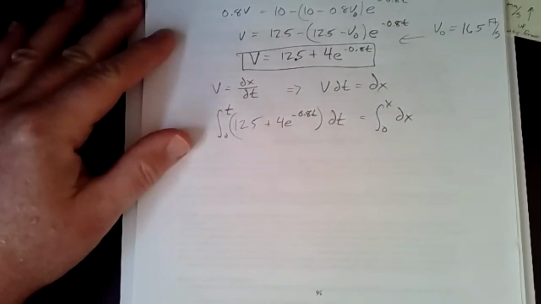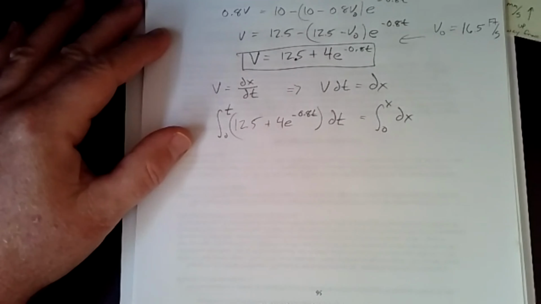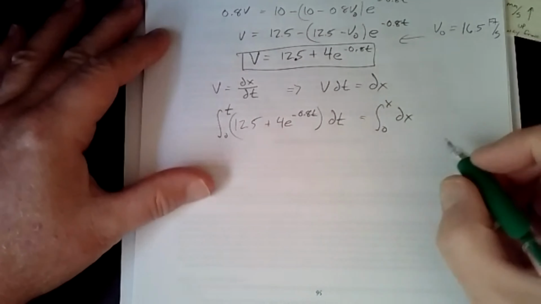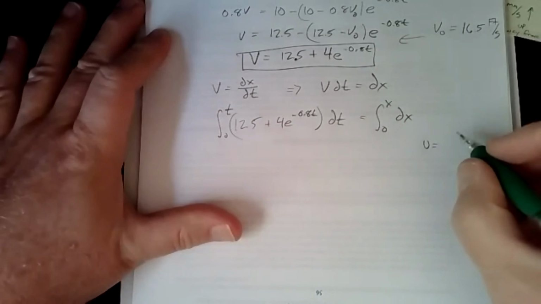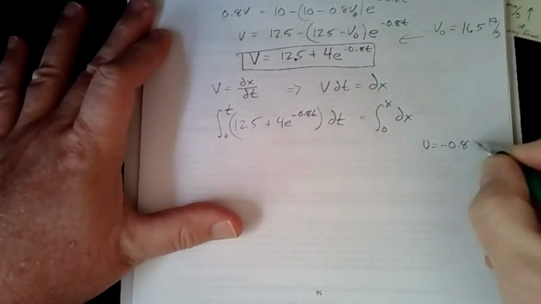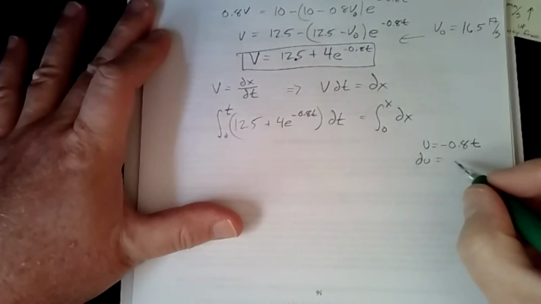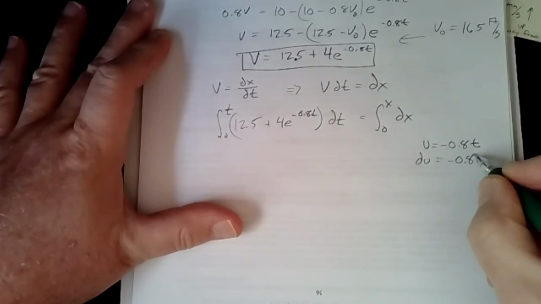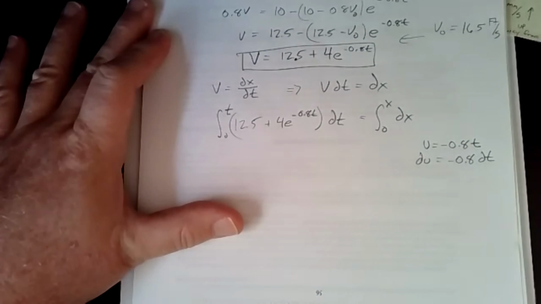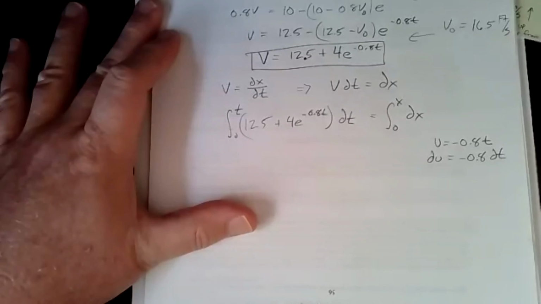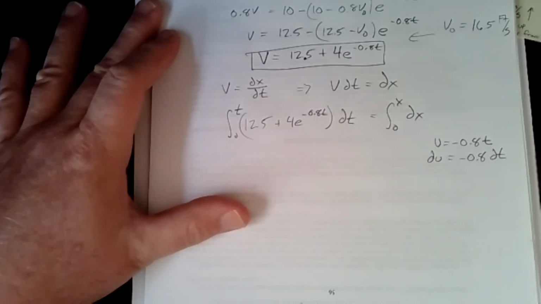I know you guys can do that. Again, u is going to be equal to negative 0.8 t, and then du is going to be negative 0.8 dt. So if we plug that in, we end up with this being